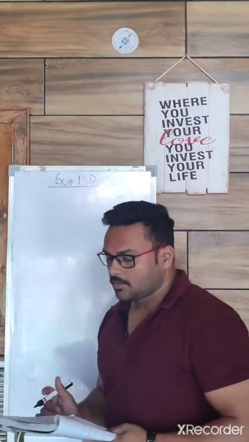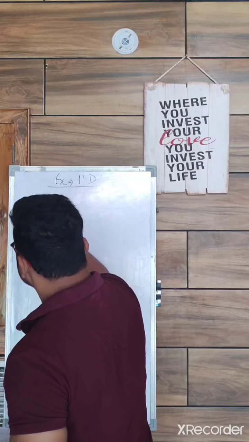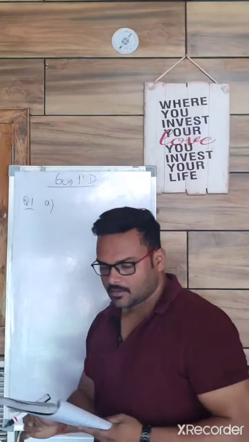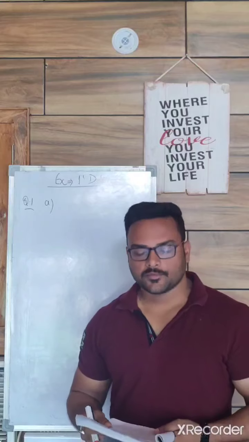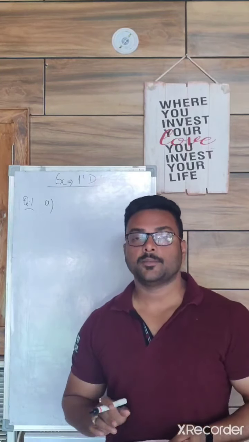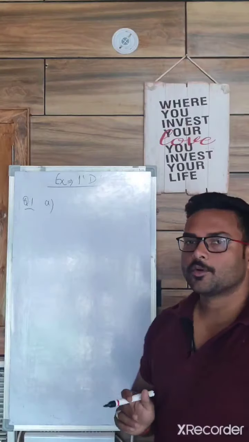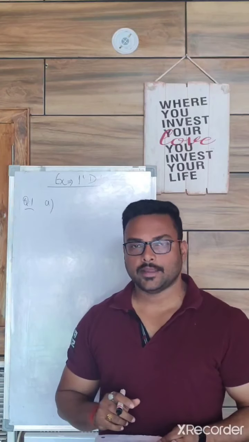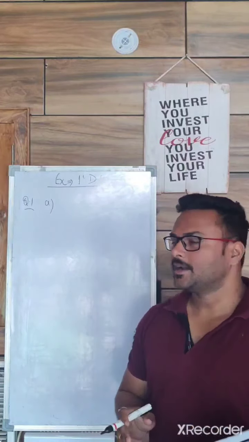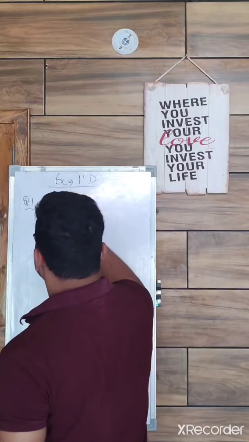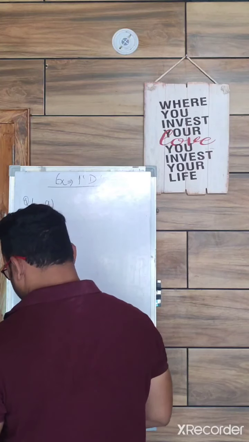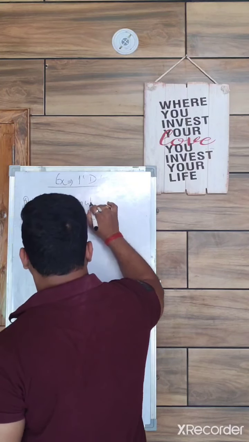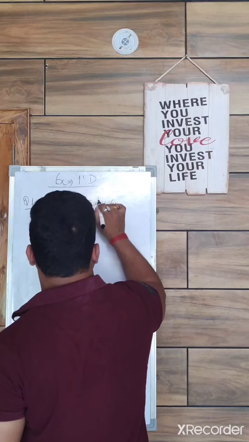Okay. So question number 1, A: minus 7 by 8 into 11 upon 15 is equal to 11 upon 15 into minus 7 by 8. So I told you one property that A into B is equal to B into A. So that will remain the same. Which property is it? Commutative property.